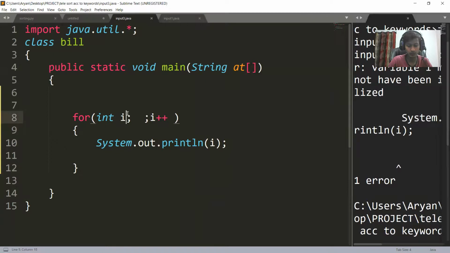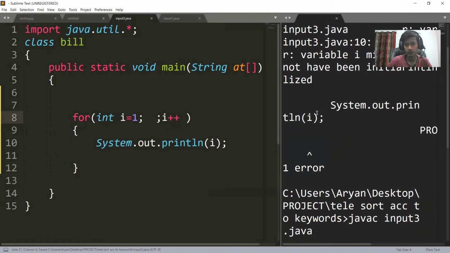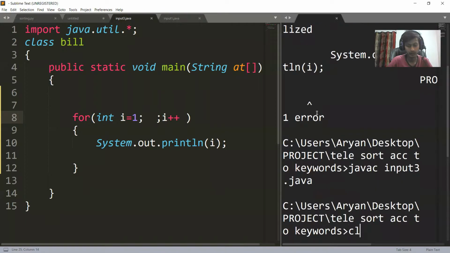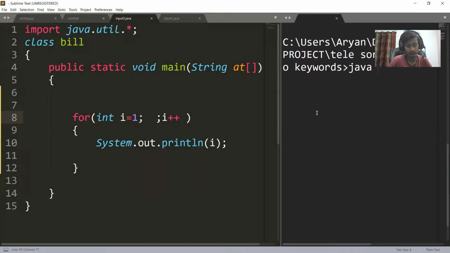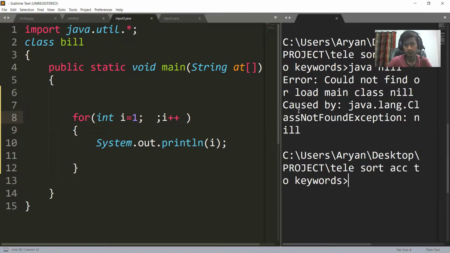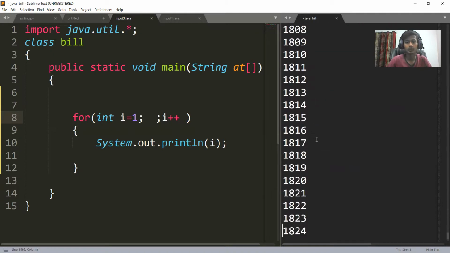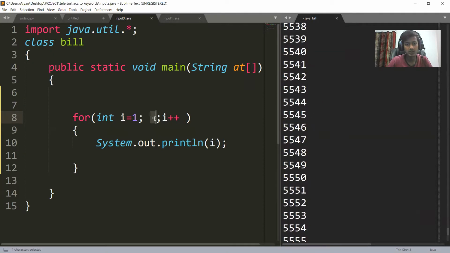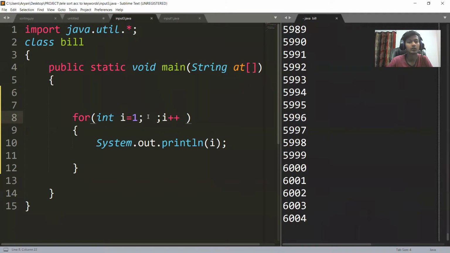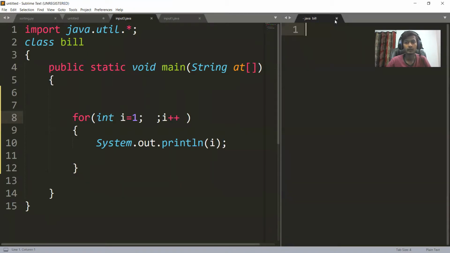Oh, i = 1 here, sorry. So if I recompile it and run it, you can see that if we miss this condition in the for loop, then also it is running infinite times. Let's close this also. So you saw many examples of infinite loops in the for loop.